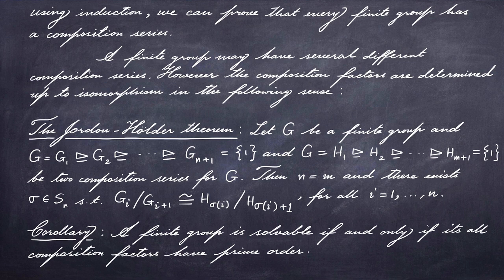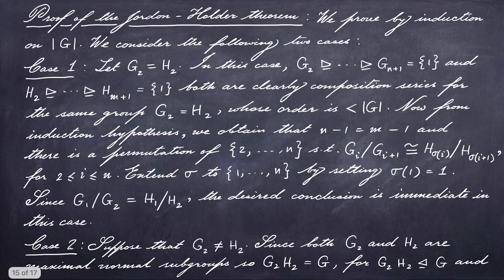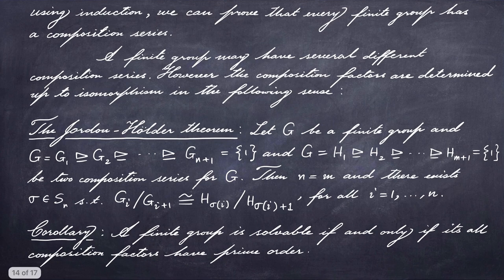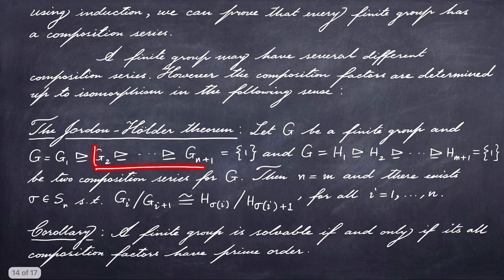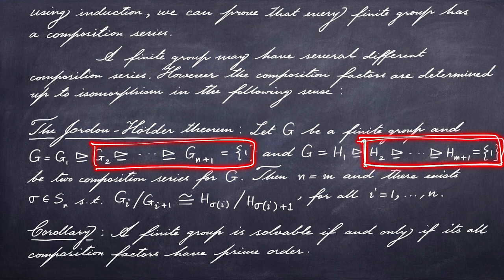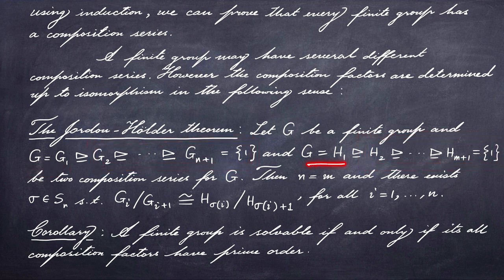Yeah. So there is a permutation of 2 up to n such that the factor groups from this stage onwards and the factor groups from this stage onwards will be the same in the sense of isomorphism, and this permutation is extended to a permutation of 1 up to n by setting sigma of 1 equal to 1, because the factor groups appearing here and the factor groups appearing there are the same in the sense of isomorphism up to some ordering, and the first factor group, this G1, this G modulo G2,